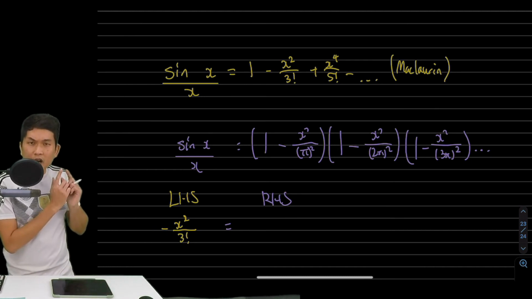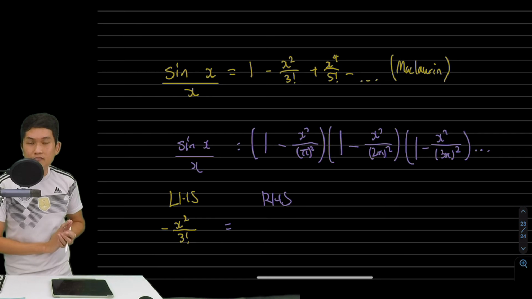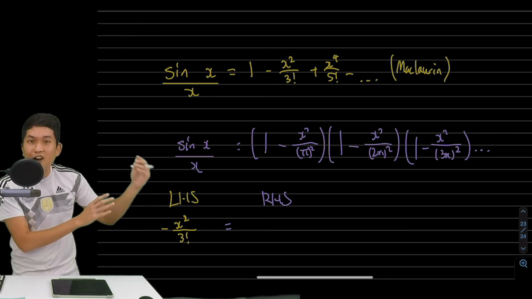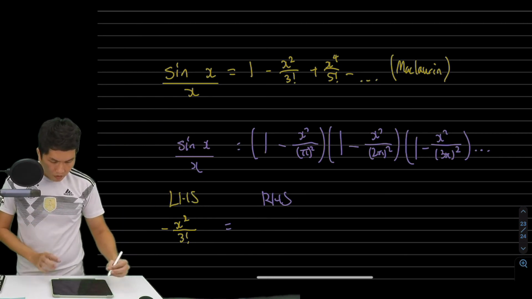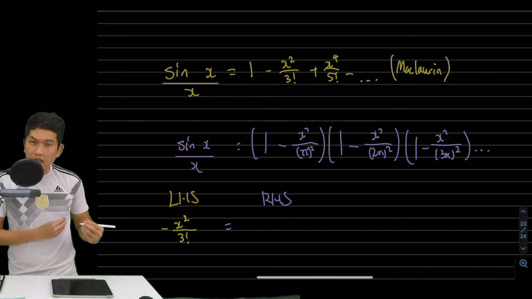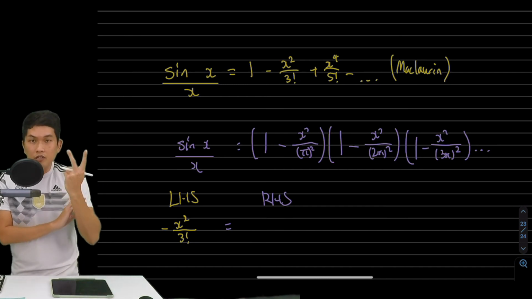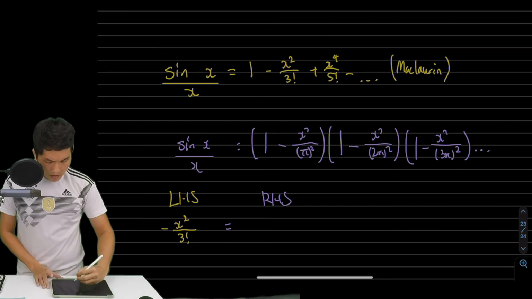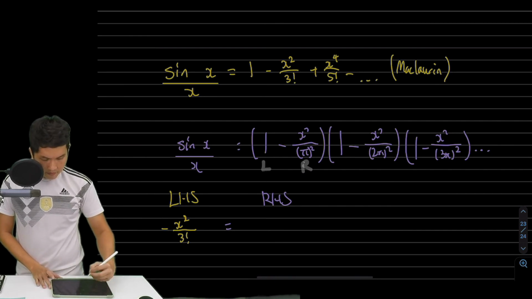So now we need to think about how to expand an infinite number of brackets, right? How do we expand it out? So what I'm going to do is introduce this idea that inside every bracket, I have 2 terms. It's like a binomial. Okay, so I have a left term, I have a right term. Left and a right, left and a right.